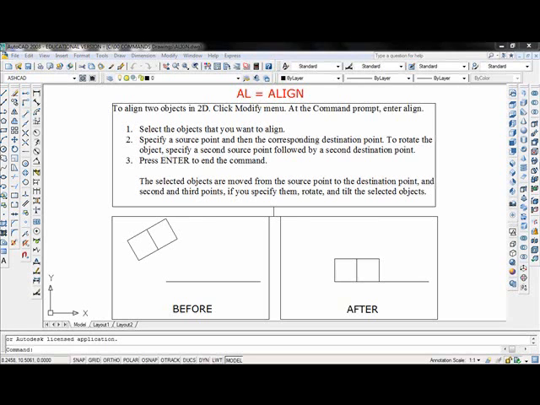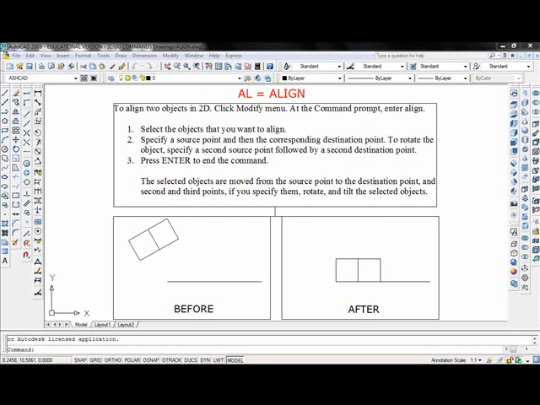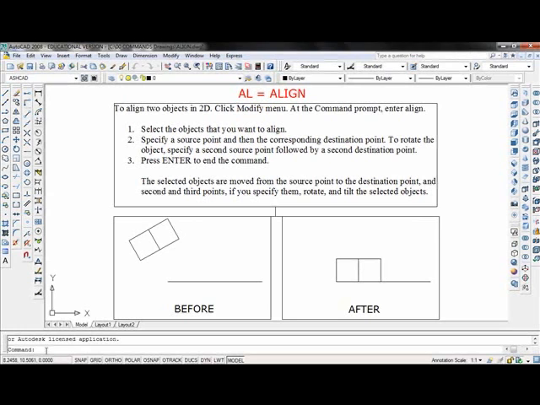This video will show how to align two objects in 2D. The first thing to do is to make the command line active, type AL, enter, and select the objects. I'll select them with a window. Enter. I'll have to pick the first point, but I need OSNAP to be on, so I'll connect these 2